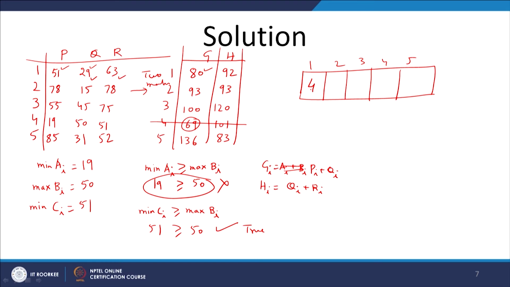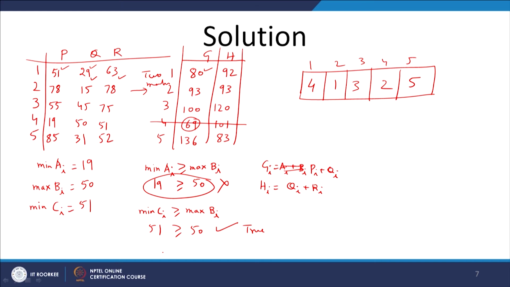So, at the first position 4th job will come, and then the second one is the minimum out of the remaining ones. So, that is over here at 5 and then 1 and then 3 and then 2. So, this is the way that the 3 machine case has to be converted into the 2 machine case.